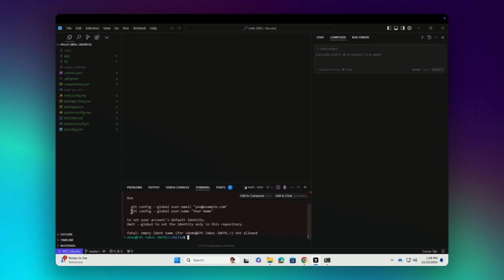And so just so you know, when your git commit doesn't work, to run these two commands, you're just going to copy this first part, git config --global user.email, paste that in, and here you're going to put in an email address that you use for GitHub,